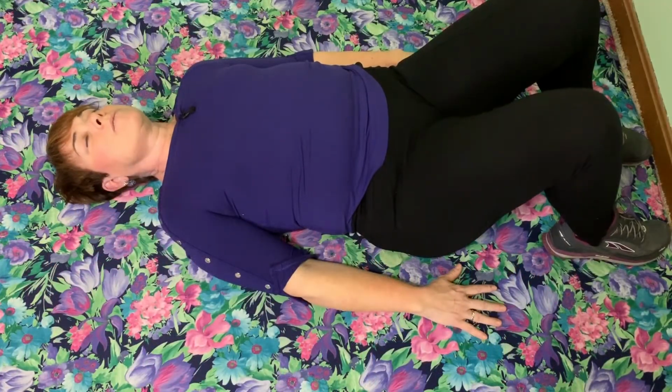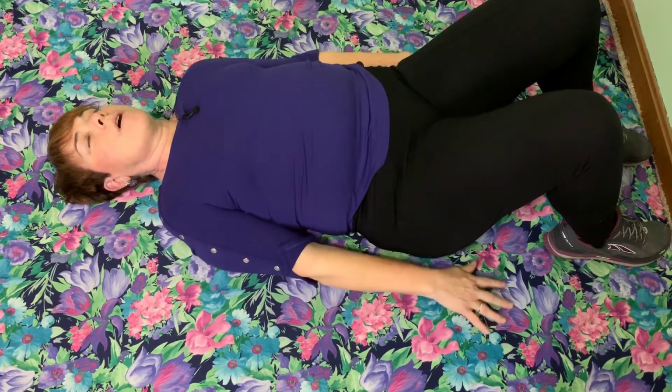If not, that's fine. But I do want you to notice that footprint that was a little heavier in standing, do you notice if the same foot gets a little heavier when you're walking? So if you were walking on thin foam, would the footprint leave a little deeper on the right or on the left when you're walking away from and then toward your mat? Good. Now, let that all go. Come to lie on your back on your mat. So come to lie on your back with your arms down by your side,